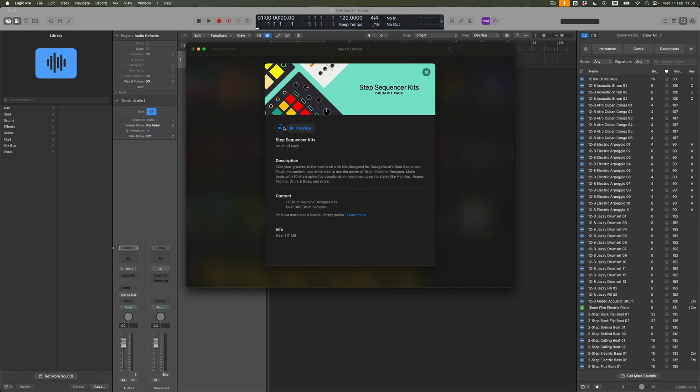Okay, now then, if it turned out that I did want to get this pack, all I need to do is press the get button, and what happens is it starts downloading. And not only that, the Apple Loops library over here on the right hand side is going to index to show me that that content is being added. Great. Let's see how long that takes. This is a 117 megabyte pack, which is down here in the bottom left hand corner. And it's done it. So in the time that it took me to work out the difference between left and right, more or less,